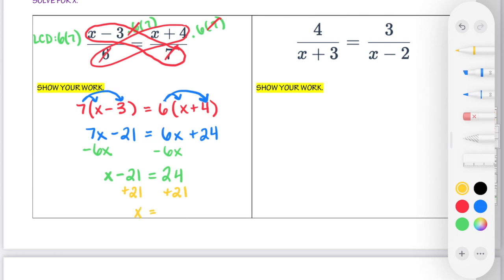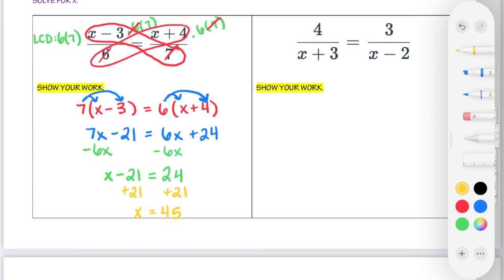And that gives me x equals 24 plus 21, which gives me 45. Okay. And then, of course, our last step is we always have to double check if we have an extraneous solution. When I go back and look at my original equation, my denominators were 6 and 7. So I actually didn't even have an x in my denominator, so there would be no way for my denominator to be 0, right? The extraneous solution occurs when the denominator is 0, when you plug in the answer you